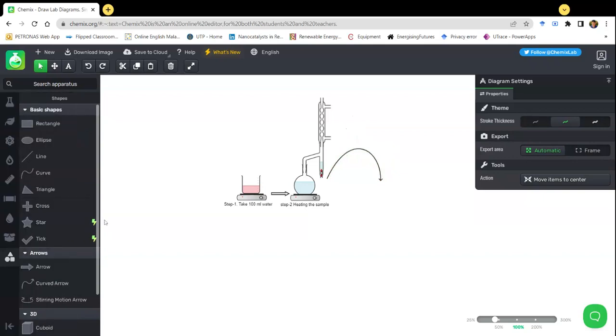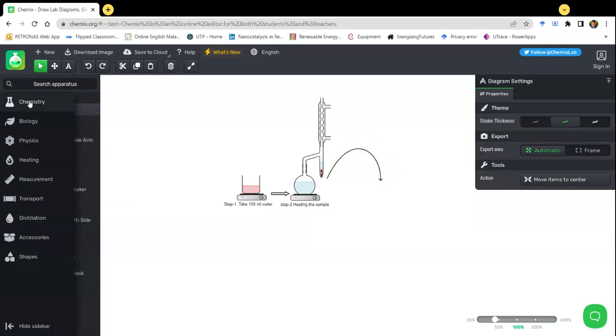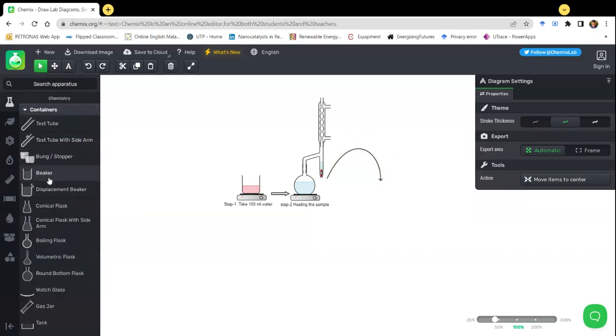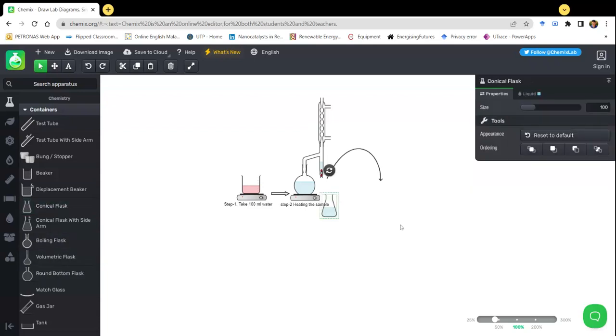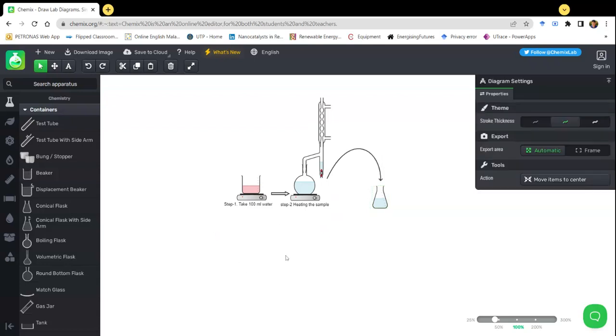So this is like the assembly I have created. Again, I need a receiving flask for it. There should be a round bottom flask. No, it can be round bottom, but a conical flask will be okay. So our sample is collected here in the conical flask. So it's a simple assembly we have created, I think, and then when everything is done, you go to the